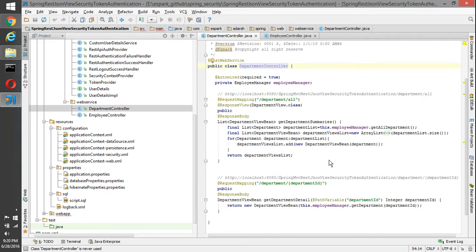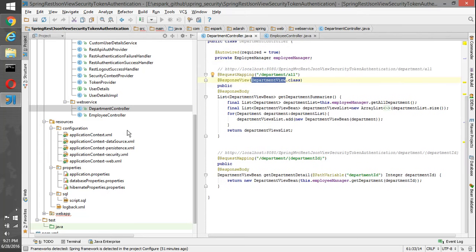just by annotating. Suppose we take an example where we have a bean class with 10 properties. In my first REST service I want all 10. In my second REST service I want only 5 or 6, and 4 I don't want. In another REST service I want 4 which were not used earlier, only those 4. So I can use the same bean class across all the REST endpoints just by segregating, by annotating with our own custom annotations. Same thing I have done for the department also.